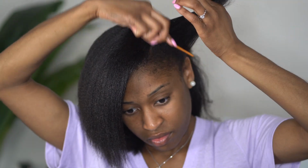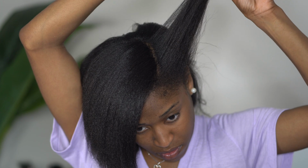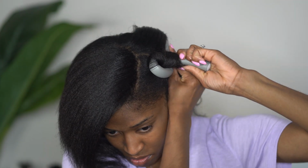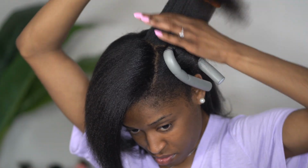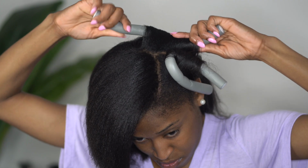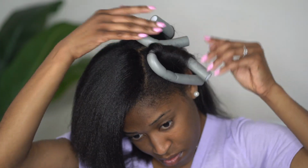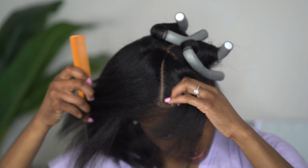So due to my hair not being as silky straight as possible, and mind you, it is May, actually the very end of May, I am going to go ahead and flexi rod my hair because I know that the heat in my hair is not going to mesh well. So I'm going to put some body curls in it with these Flexi Rods just to make this style last at least a week, because it is not going to last me more than a week due to